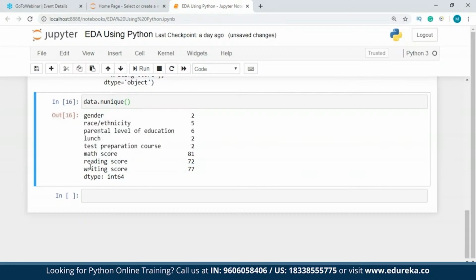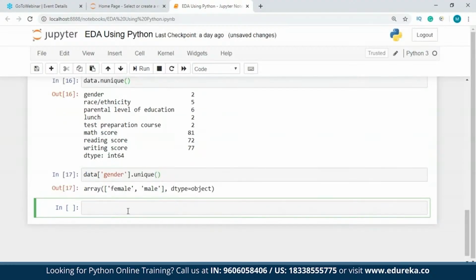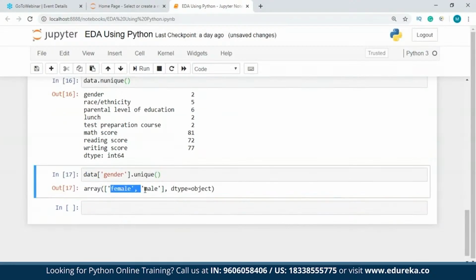For math score, reading score, and writing score, we have quite a few unique values. Out of 0 to 100, we have 77 unique values for writing score. For reading score, we have all those things. And if you want to check separately for any column, you can just write, let's say, gender, and then write unique, and it will show us the unique values inside that column,